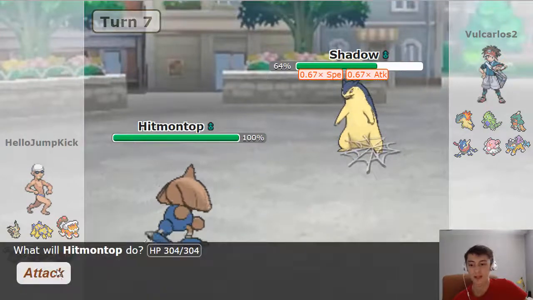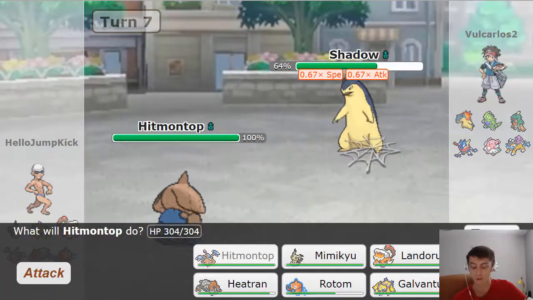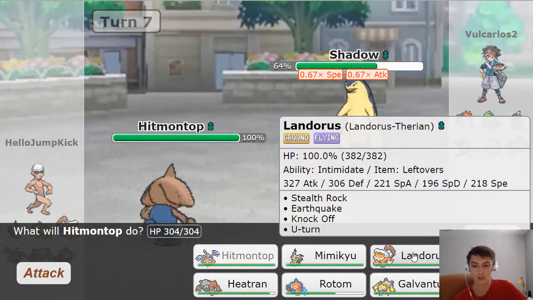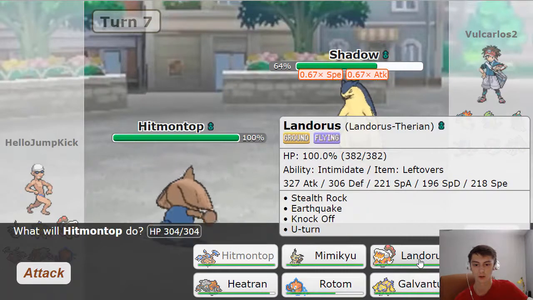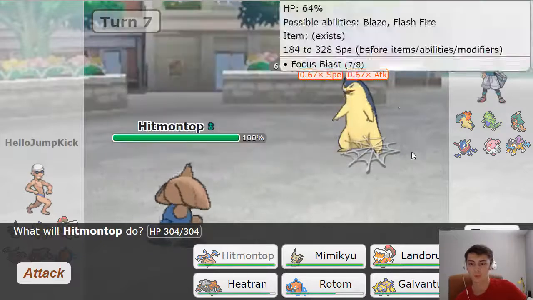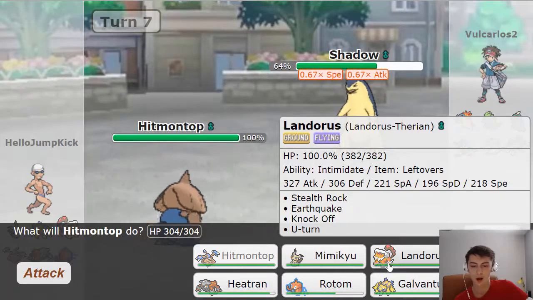Alright, his one switch in is Decidueye. He brings in Decidueye now, surely. Could just go for a Close Combat. Not if he brings in Decidueye, it's Ghost type. Do you want to try Sucker Punch? No, because if he switches it in, then Sucker Punch won't hit. We're kind of in a bit of a...